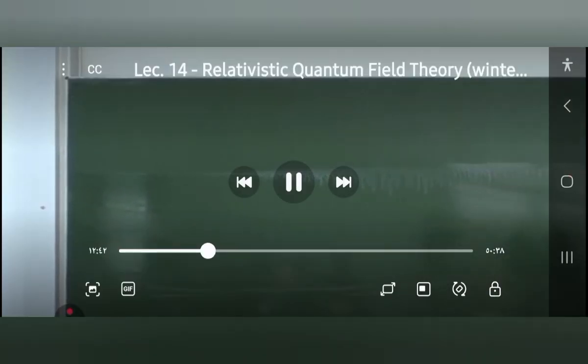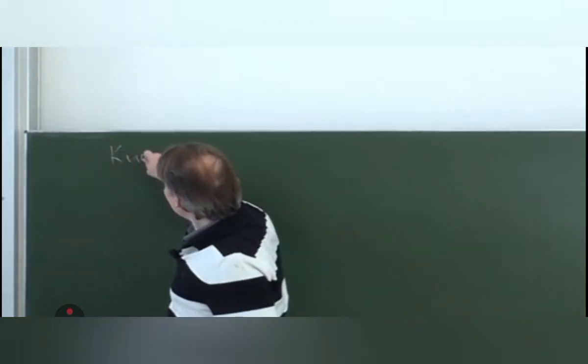I wanted to say this at the end, but let me say it now. It's relevant for the exercise sheet as well. Namely, since you ask about notation, the notation is quite common, as I just said. And in particular, it's very common in this form, which you see on the exercise sheet, because in this Kugo-Ojima formalism,